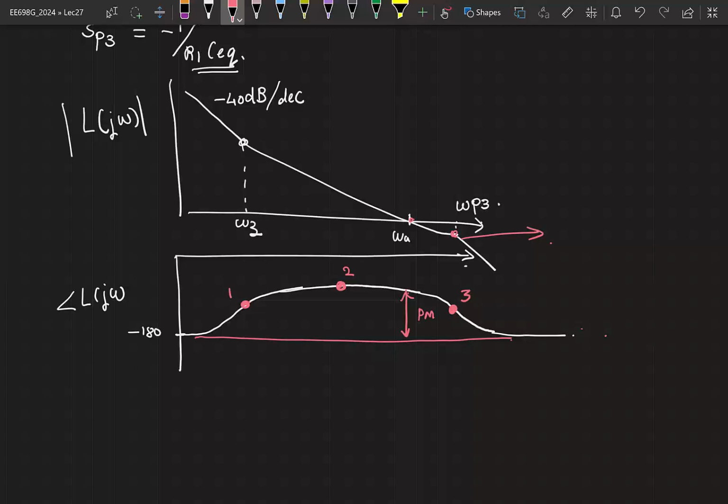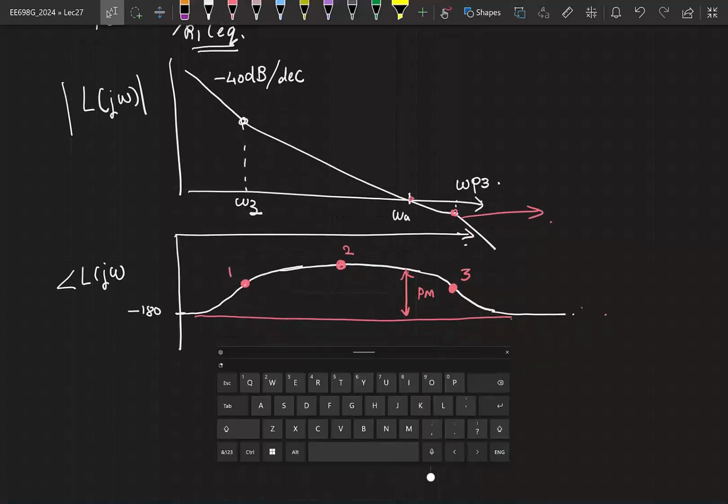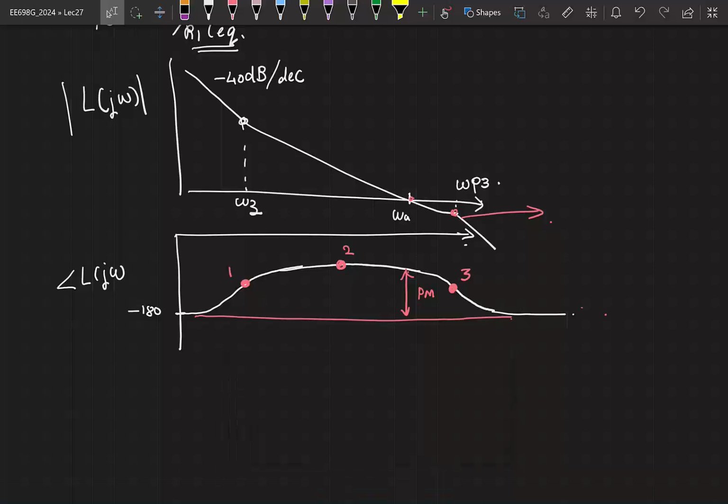2. Any other answers? 1 or 3, anybody? So now all of you are very familiar with the issues with PVT, right? Let's say you chose to put your omega u in either 1 or 3. Now in the presence of PVT, you will have variations because of which your phase margin can degrade very rapidly because you are on a slope in this region, right? Therefore, you should try and put your omega u where the angle of L of j omega is maximally flat,